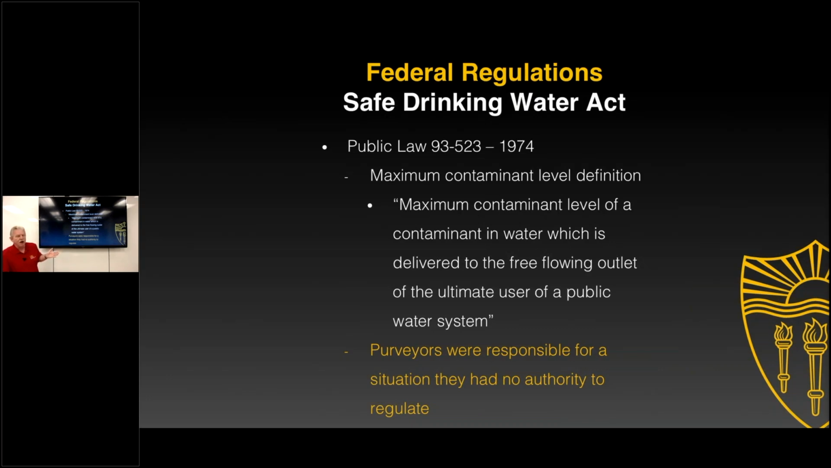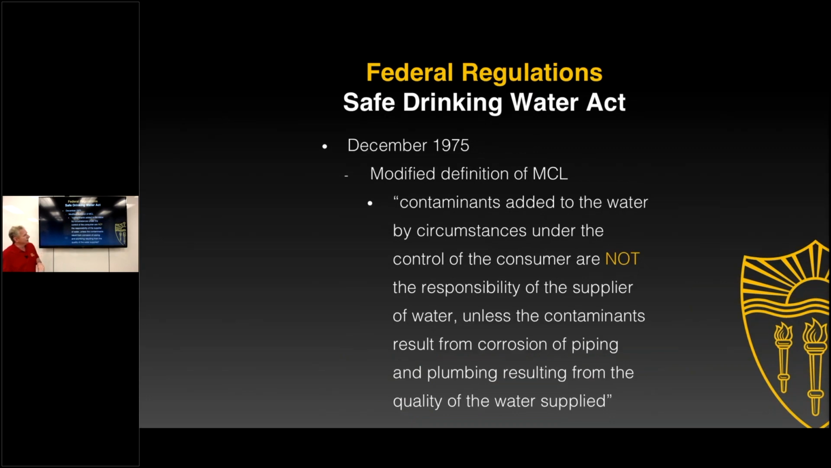Well, how can they be responsible for that? Because once the water supplier delivers the water to the customer, they really have no control over what happens to the water at that point in time. So the water purveyors were responsible for something that they had no control over. So there were amendments that came into place in December of 75